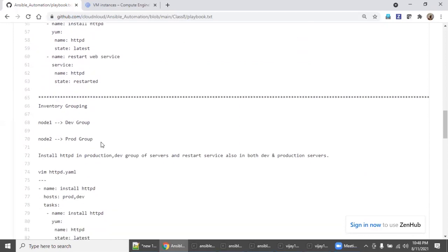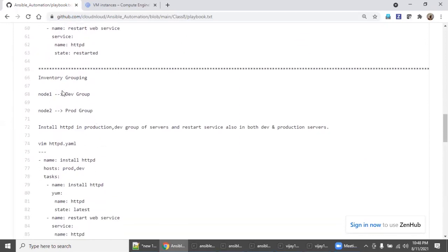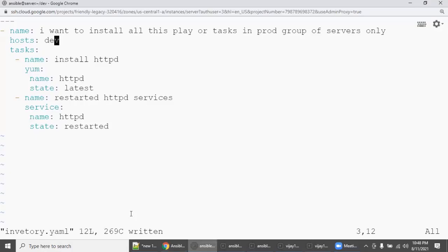Come down. Another type of grouping: the question is to install httpd in the production and dev groups of servers and restart the service in both dev and production servers. Here you can mention multiple groups, comma, another group name, say SIT, comma, UAT, comma.